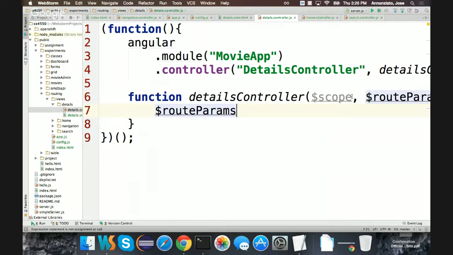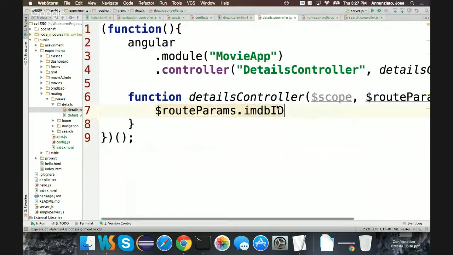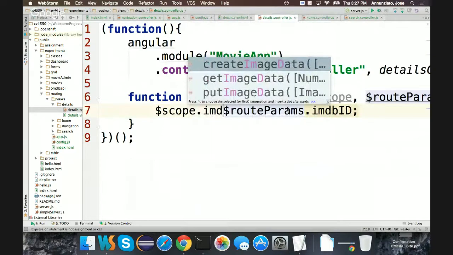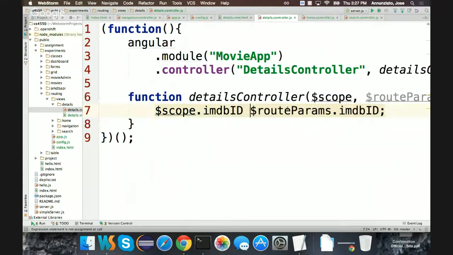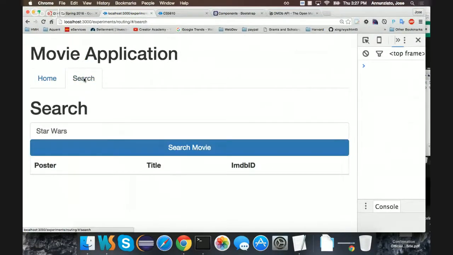One of the attributes in that map is the IMDb ID, because that's what we put in the configuration. It's going to parse that out, bind it and make it available in the map by name, the name that you chose here. So there it is. That's where the value is, and we're going to send it to the view using the scope. And we're going to use the same IMDb ID variable that the view declares. We're okay? All right, so if we refresh this, and we go to search,